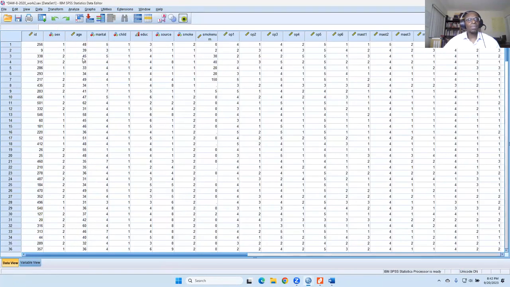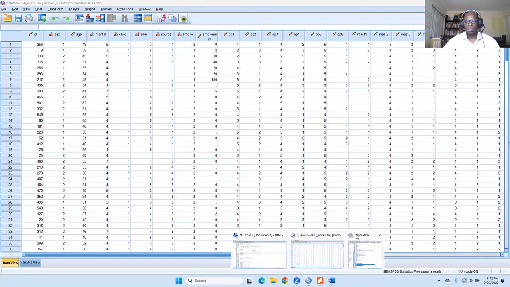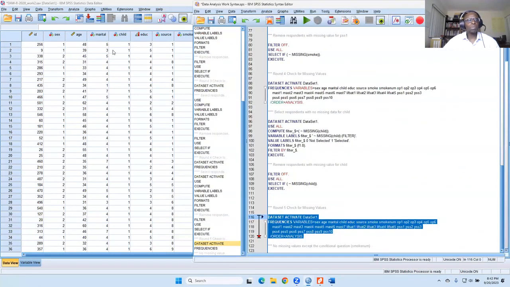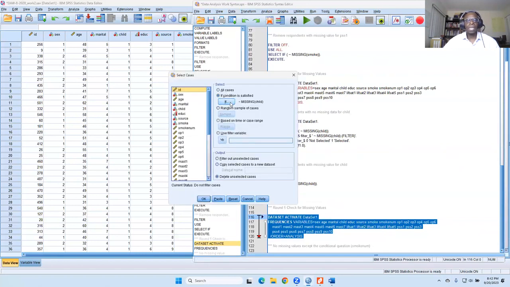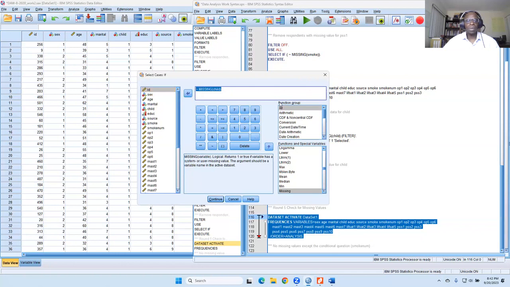Let's go back. We've got this 5 here. If we were going to do it the traditional way, you're right, Elvira. We would say, we've got this person who's 5. Then we go to data, select cases, and we wouldn't do missing.